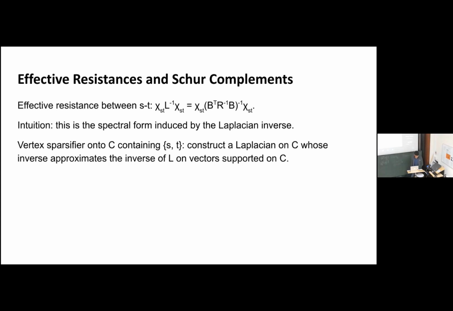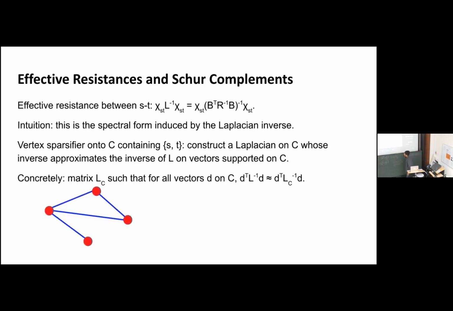So in this vertex sparsification language, our goal is to compute or maintain a subset C that contains the vertices S and T, such that the inner product of chi_st with respect to the Laplacian inverse is maintained but localized to the set C. This is called a Schur complement. Concretely, we want to build a matrix L_C on a subset C of vertices that maintains the inner product